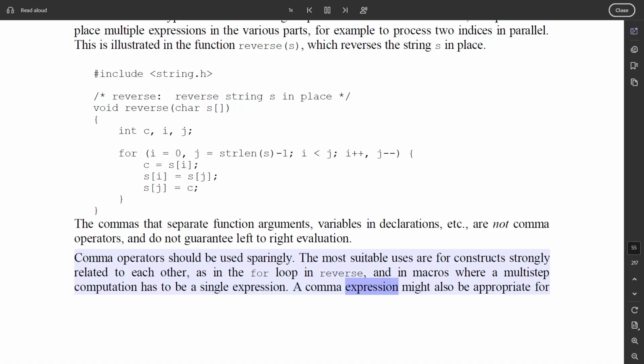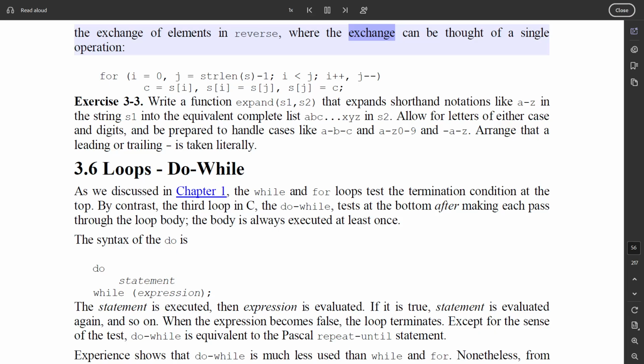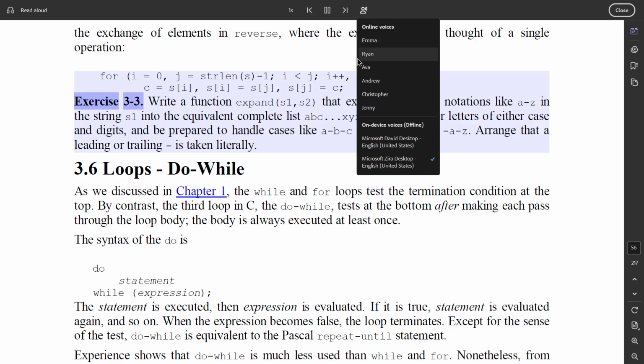A comma expression might also be appropriate for the exchange of elements in reverse, where the exchange can be thought of as a single operation. for (i = 0, j = strlen(s)-1; i < j; i++, j--) c = s[i], s[i] = s[j], s[j] = c;